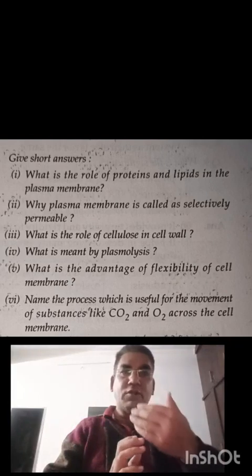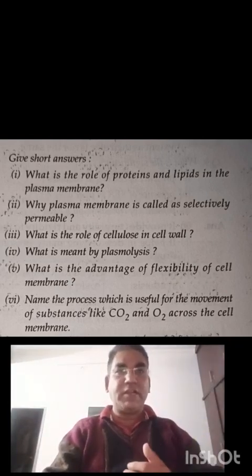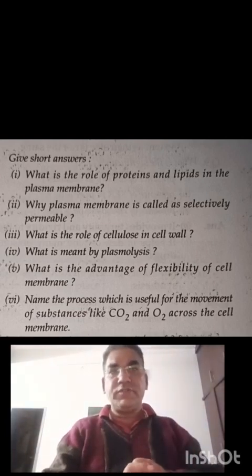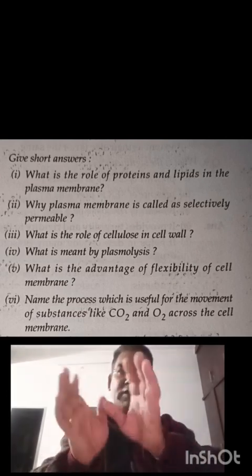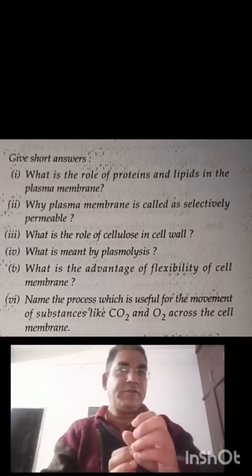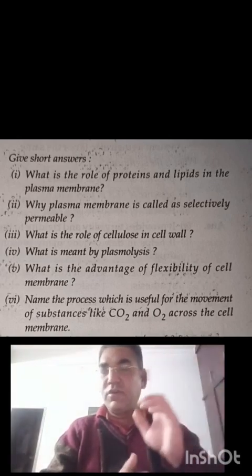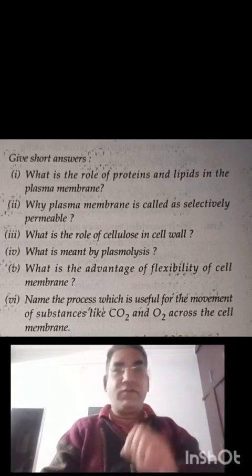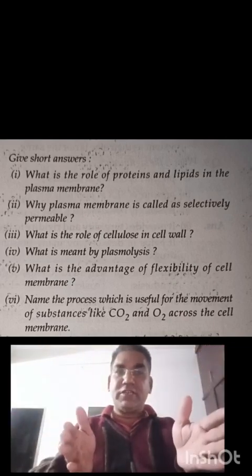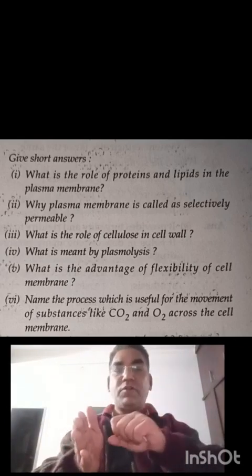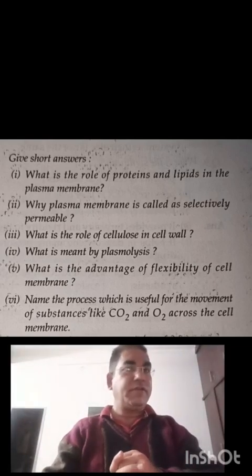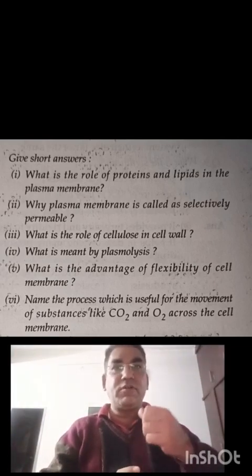So as the water is lost from the plant cell, it shrinks, and ultimately one stage will come when the entire cell shrinks and collects into a small part of the cell, because in case of the plant cells there is a cell wall. So the cell wall maintains its shape, but the entire protoplasm loses the water and shrinks in a corner. This is known as plasmolysis.